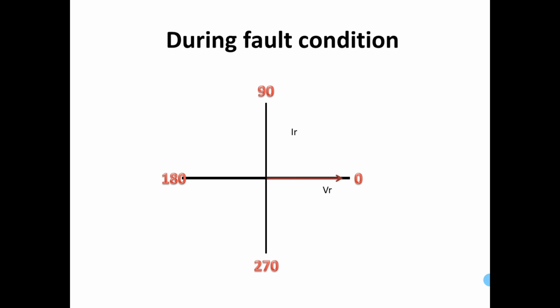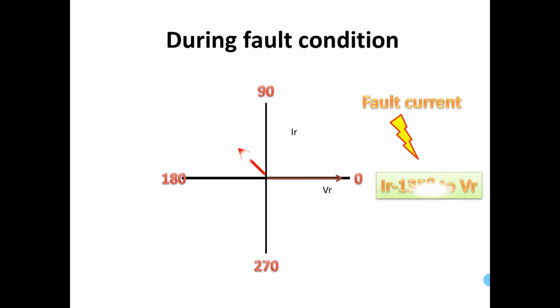For directional overcurrent, the direction of the current has to be checked, and for finding the direction it should have a reference. For this reference, the current takes its own voltage. In simple words, the current checks its direction by using its own voltage. It's known as self-polarization. For example, whatever fault current occurs on R phase, its angle will be detected by using the R phase voltage as reference.